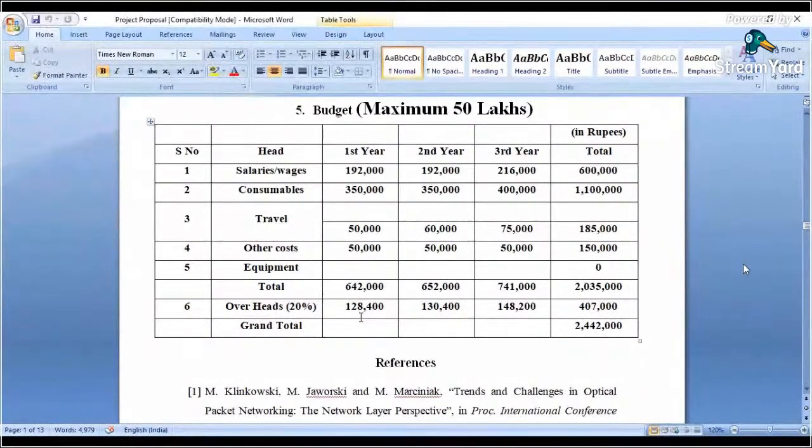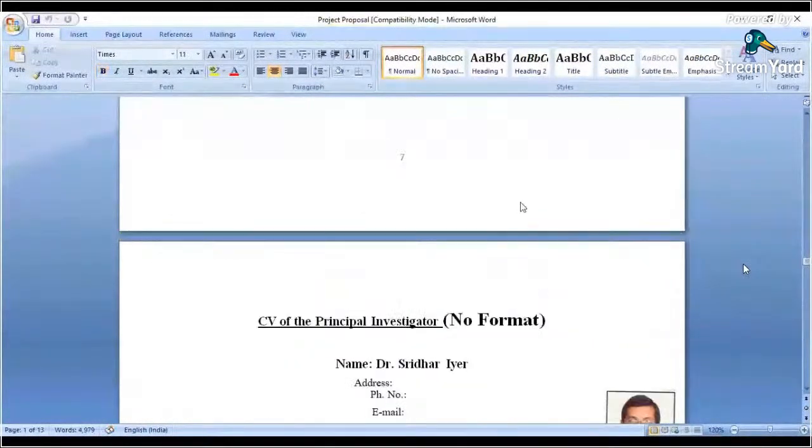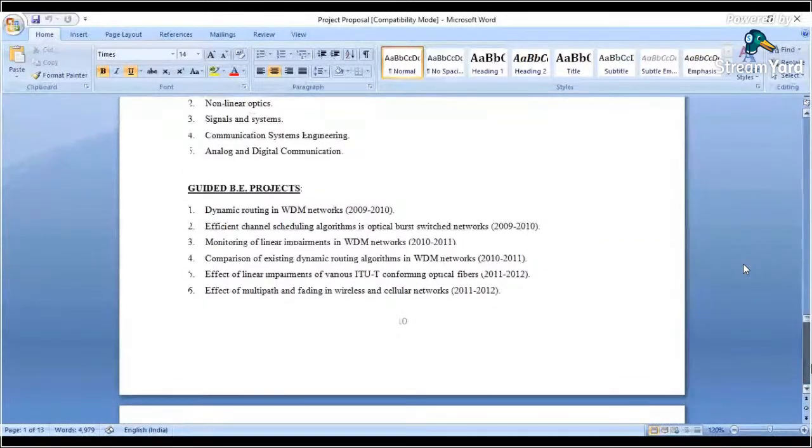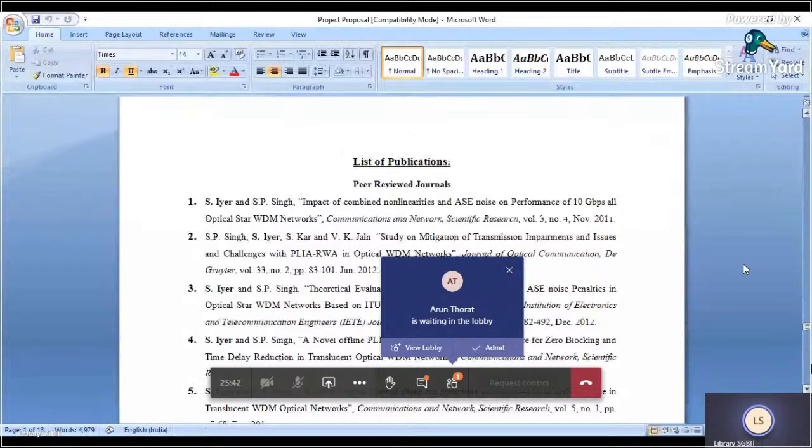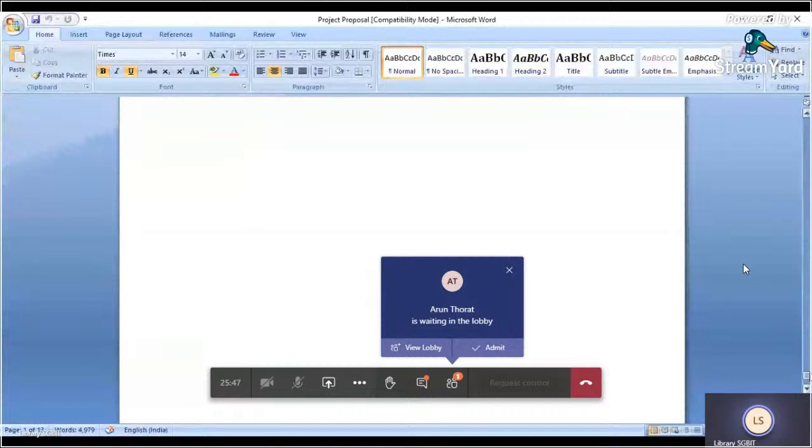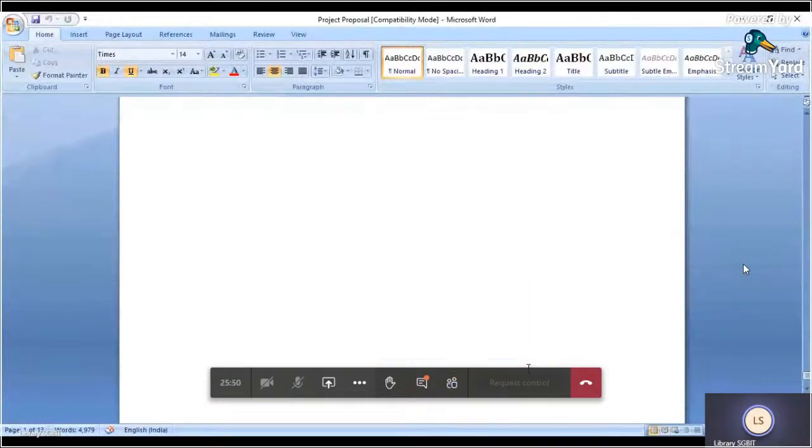And then finally, you had to give the references. Then we had to give the CV of the principal investigator. Please pay attention here that there was no format. So again, the investigator could give a very detailed CV, which I had given, but now in 2020, you have a format. In the CV, they basically look at the publications of the principal investigator, and that is very important. So if an investigator has good publications, then it is highly likely that the